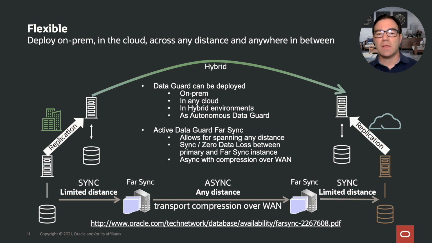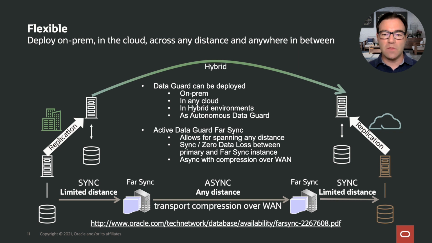Now, as you can see, DataGuard is also very flexible. It's not only flexible because you can dynamically change from DataGuard to Active DataGuard, it's also flexible in the ways it can be deployed. You can deploy DataGuard on-prem, in any cloud, across cloud and on-prem, and across clouds, and using any distance and anywhere in between, really. Now, here in the picture below, I've shown some of the configurations that you can use, not necessarily the way you would use them, but just to give you some ideas on how flexibly DataGuard can be deployed.